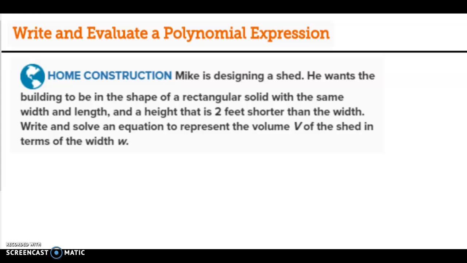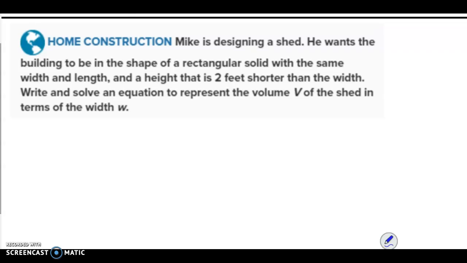So it starts off by telling us Mike is designing a shed. He wants the building to be in the shape of a rectangular solid with the same width and length and a height that is 2 feet shorter than the width. Okay? So one thing that's important to get out of this here,